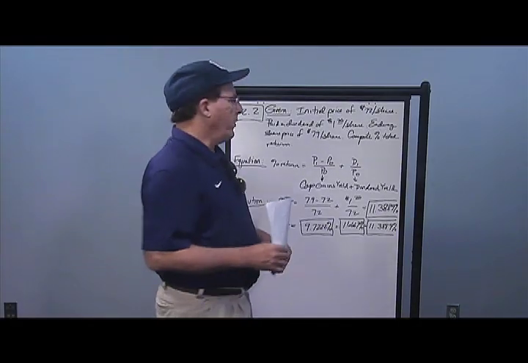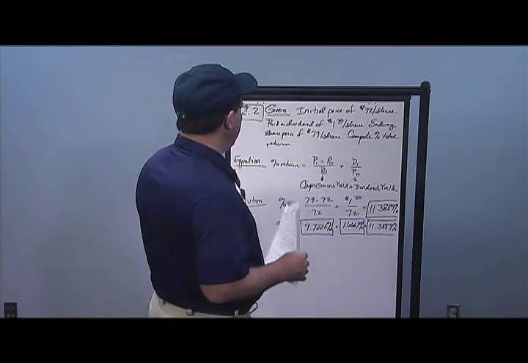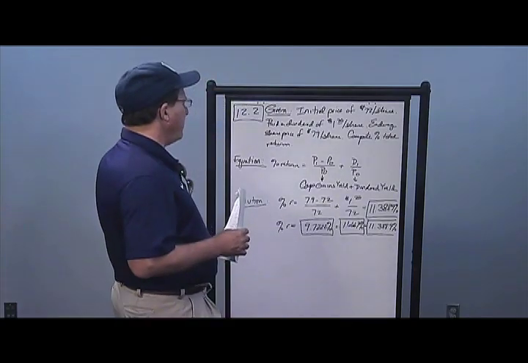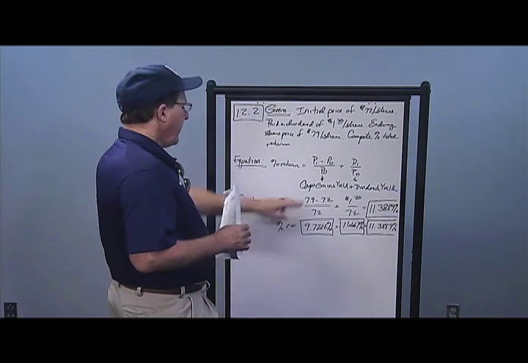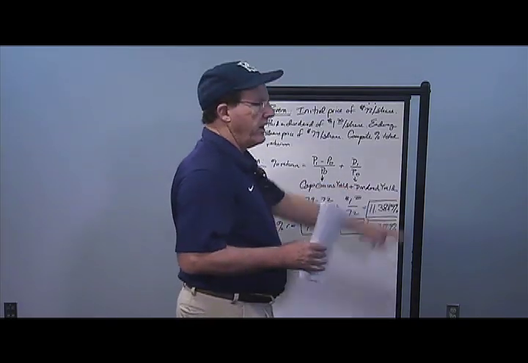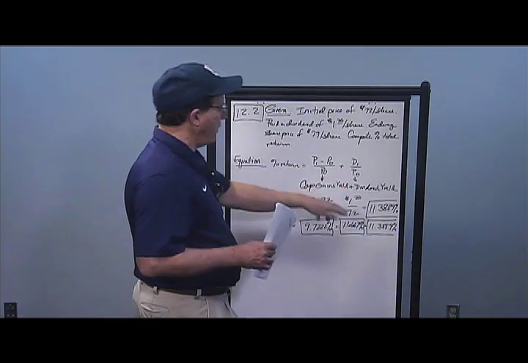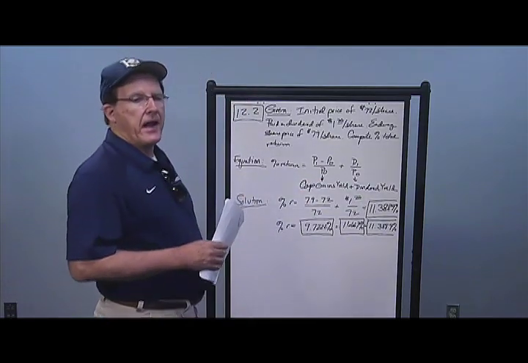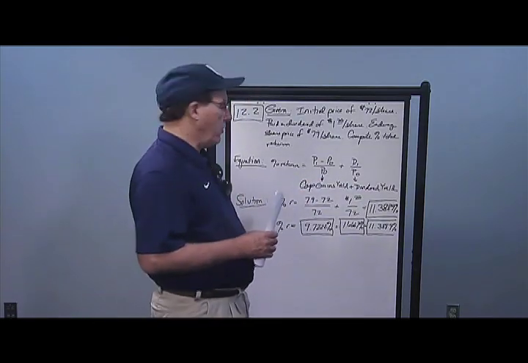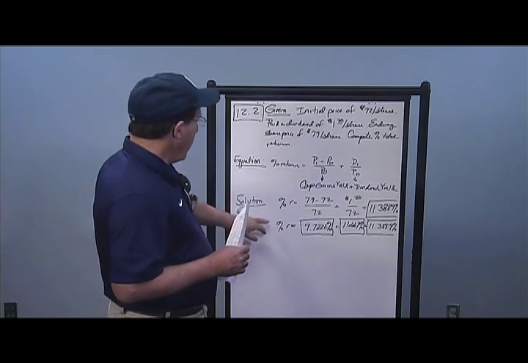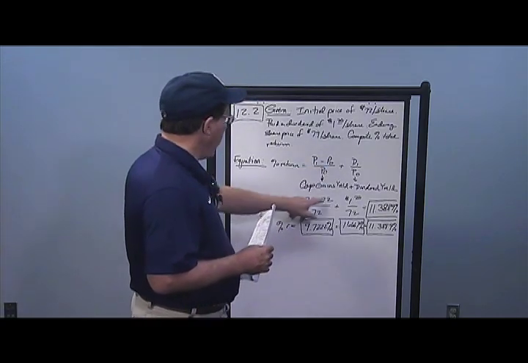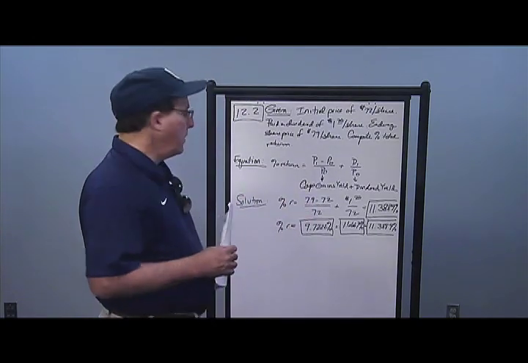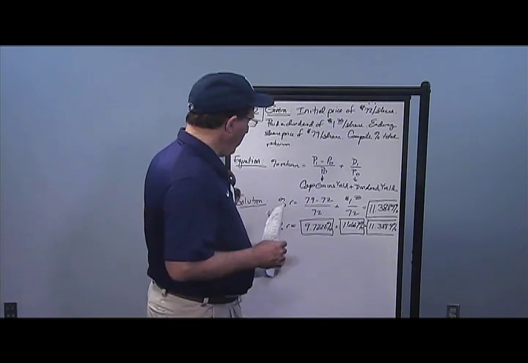In problem 12.2, we have the same givens as problem 12.1. In this case, we want to find the components of the total return. So calculating this one, the capital gains yield and the dividend yield, and the two of those pieces should add up to 11.3889% that we found in problem 1, which is your total return. So the capital gains yield is P1 minus P0 over P0, or 79 minus 72 over 72, or 7 over 72, and we get